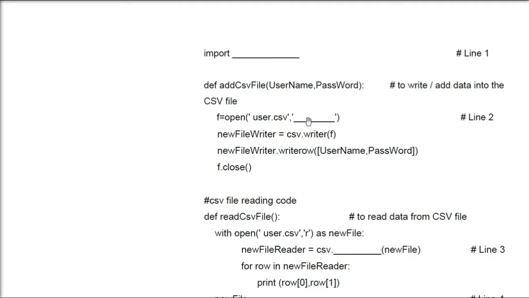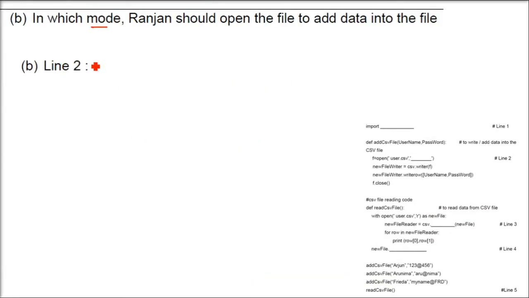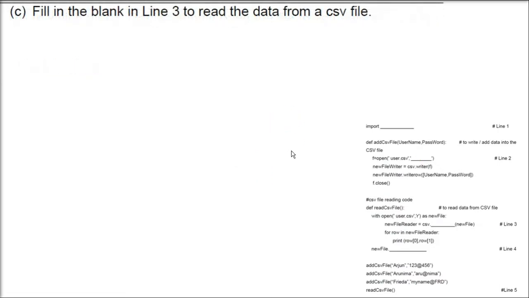If he opens it in read mode, he will only be reading it, not writing. If he opens it in write mode, the earlier content will be removed, because this program will be running a number of times. Whatever we have already entered should not be removed, because W will always create a new file. So we will open it with append. Content is already there, now we are appending, so the next username, password will come after that.